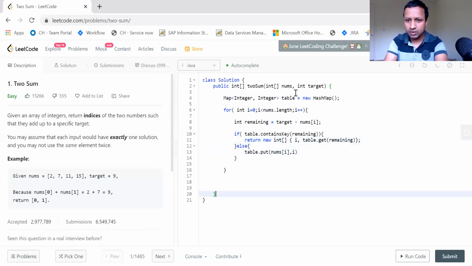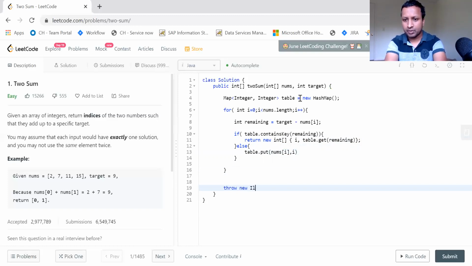At the end, for this method, just throw a new IllegalArgumentException with a message like, no solution exists.